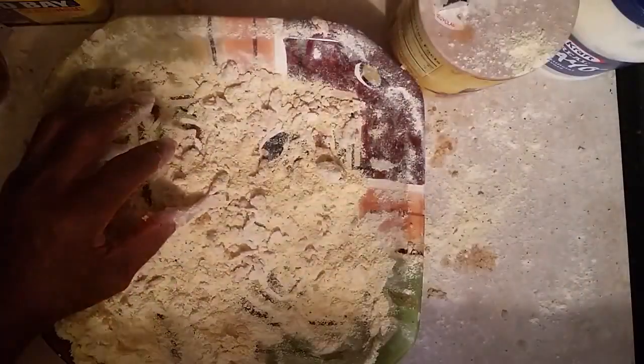Okay, now we got this in the pan. Move this over. Wash our hands. The fish is cooking and it won't take long. Now we're going to clean this off. It's a mess, a mess, a mess. So what we're going to do now is do our